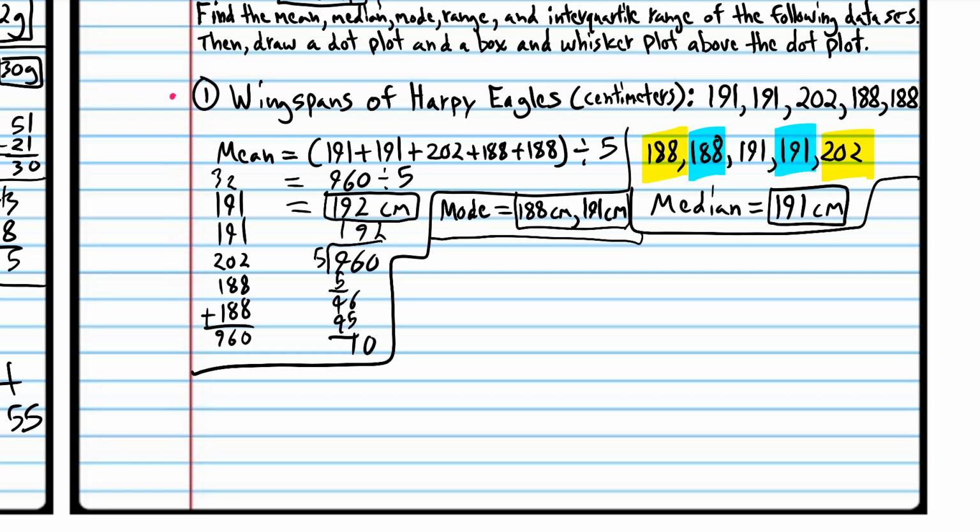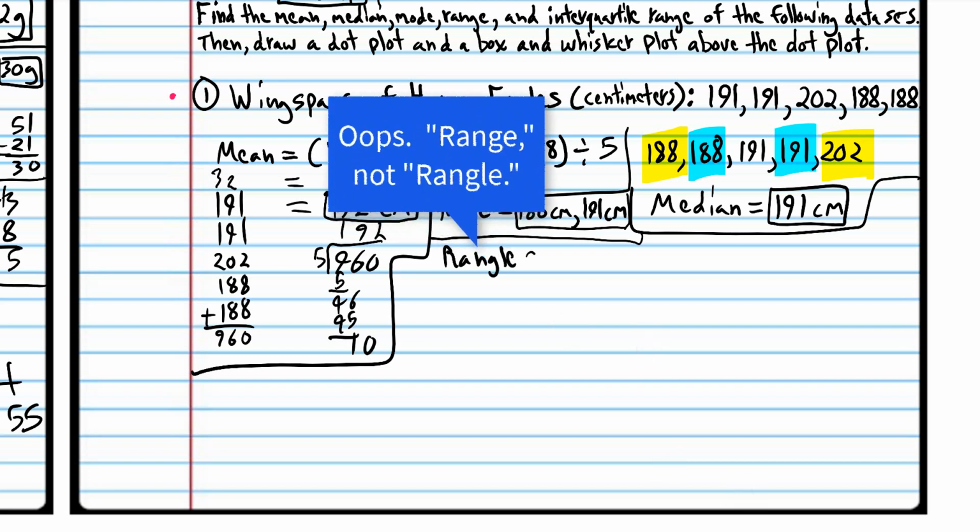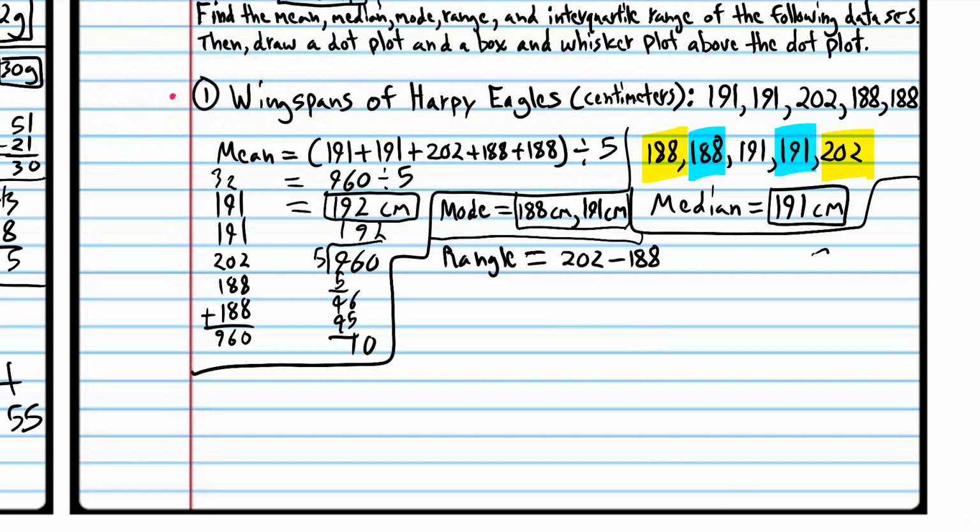All right, so now let's find the range of the data. Remember, to find the range, you take the biggest number and subtract the smallest number. So go ahead and do that. When you come back, we'll do it together. All right, we're back. The range is equal to 202 minus 188. So if you do that over here, 202 minus 188,